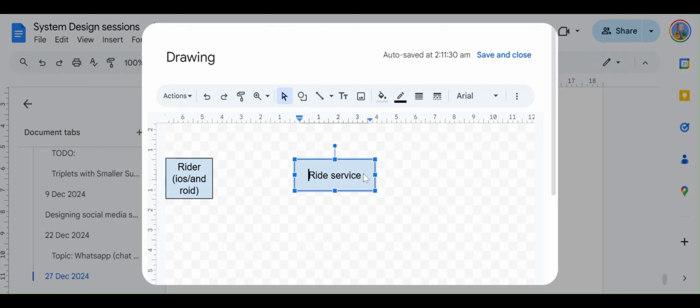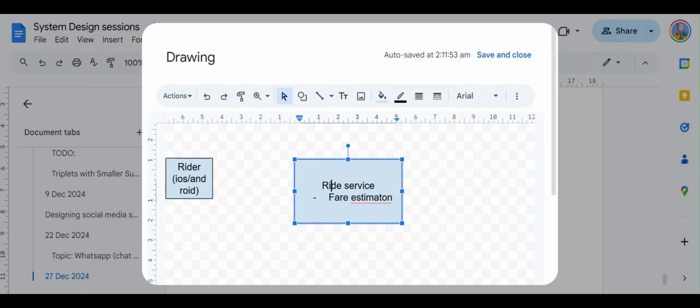The ride service is going to have a bunch of purposes, but we'll start with the very first functional requirement, which is the fare estimation part. So the ride service is doing fare estimation as of now.